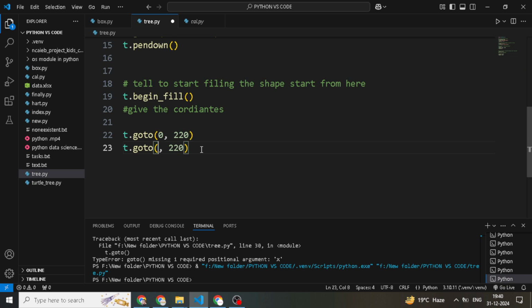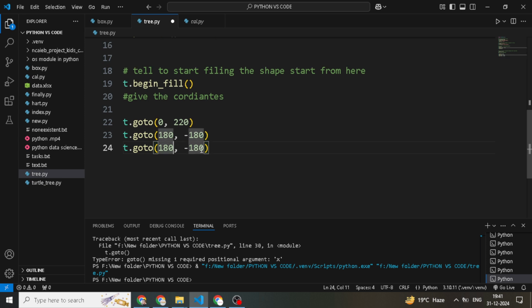The second is -180 and this is plus 180 and -180. Then again goto minus 7, -180.